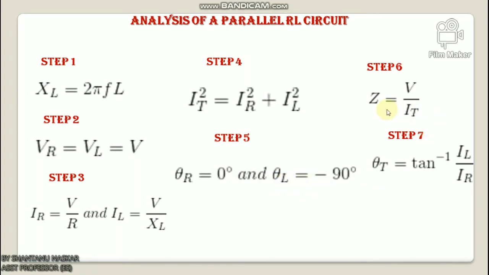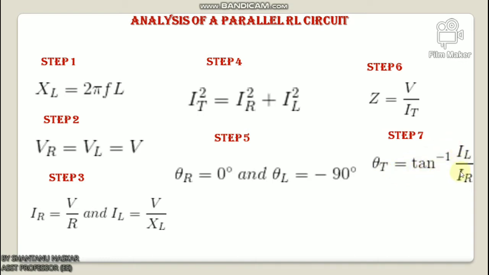Step 6: since we have already calculated the total current flowing in the circuit and the voltage V is also known to us, by using Ohm's law we can easily calculate the total impedance, which is Z equals V by IT. Step 7: now calculate the total phase angle for the circuit, which is given by theta equals tan inverse